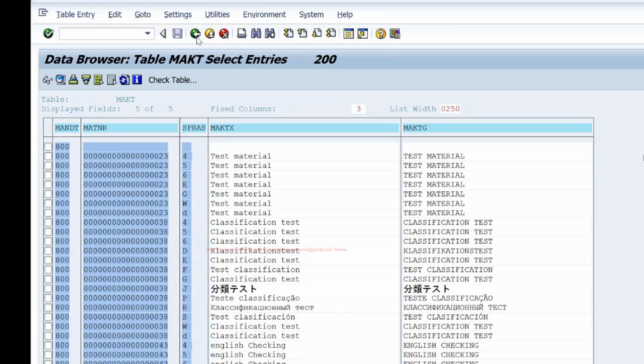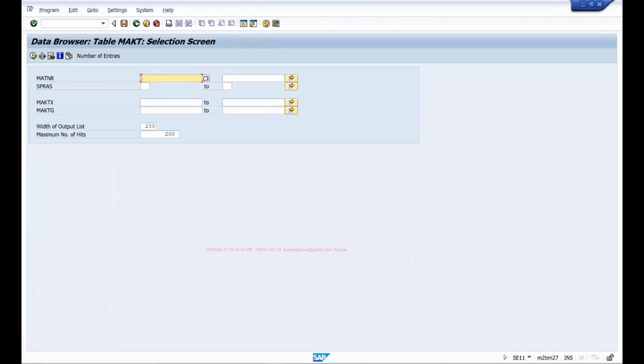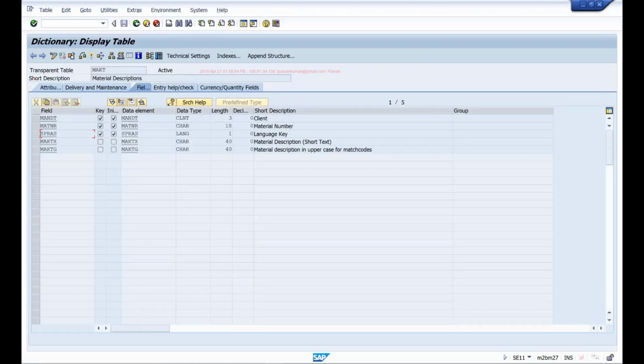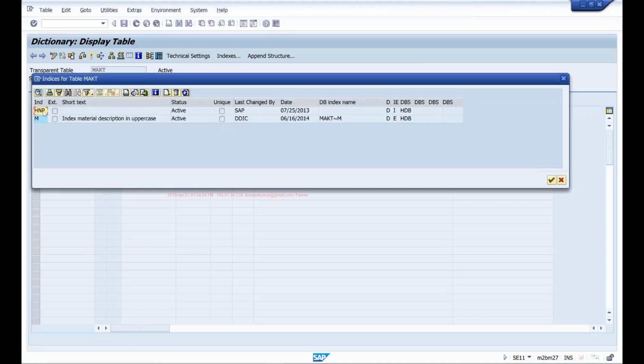The advantage is that whenever you're storing some data in a table, based on the key, the system creates something called an index. It stores the data in a table, but it also generates another table where it stores the index for the table, and this index contains the entries. For example, by default, when you create a database table, the system automatically generates the primary index, and if I click on these indexes, here you can see there are a couple more indexes. These we call secondary indexes. So for database tables also, we have these secondary indexes. And if I look at any index,